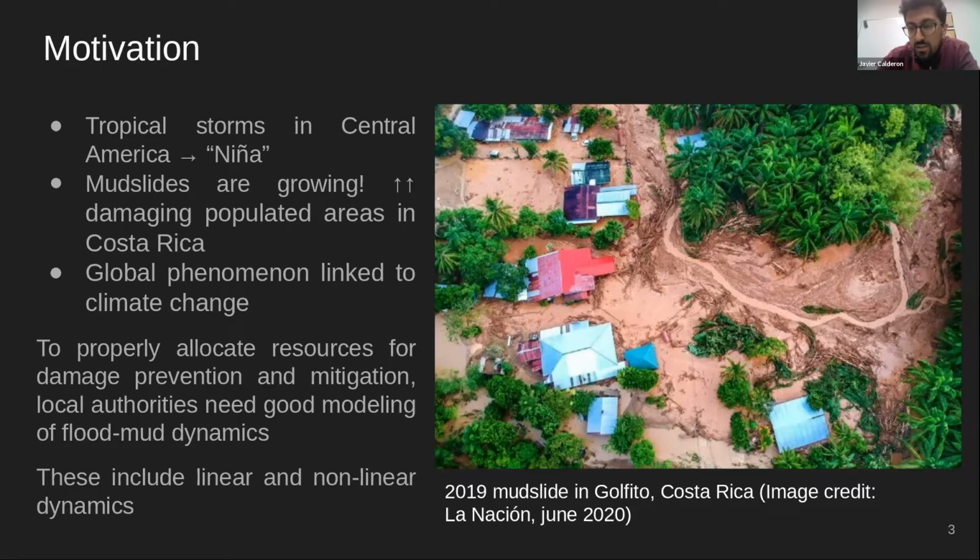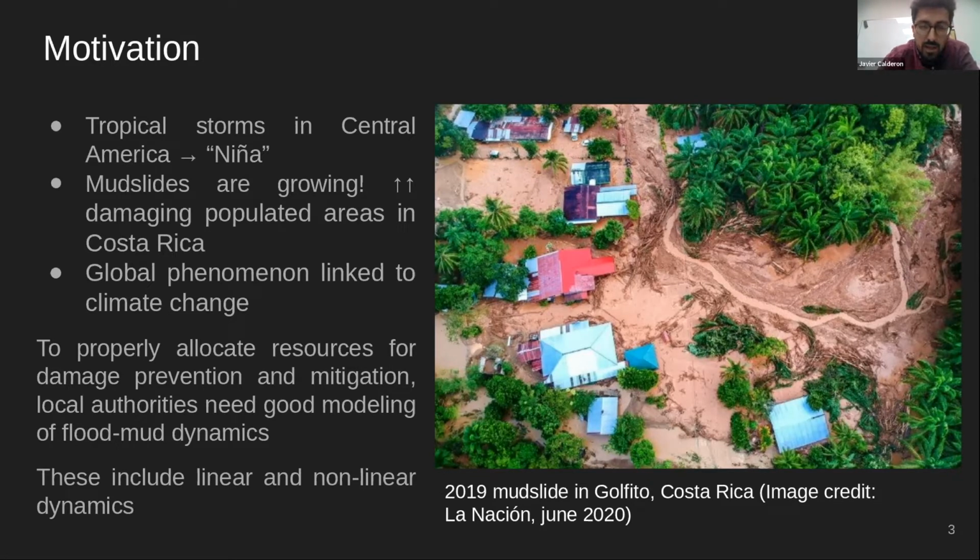But it's not only about Central America. It's a fact that mudslides are growing, and these kind of events are a global phenomenon that it's intrinsically linked to climate change. So it's interesting to analyze it not only for a particular event, but for global events